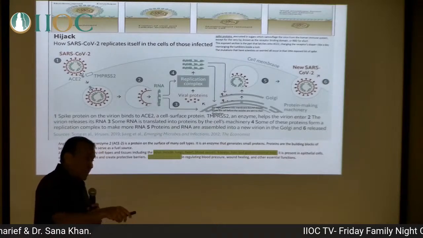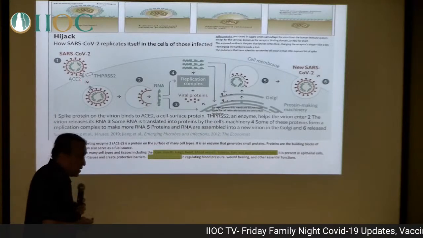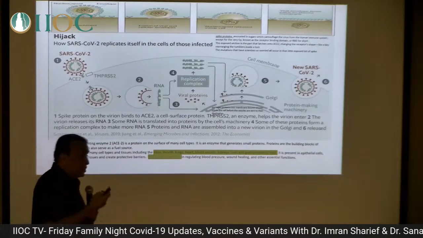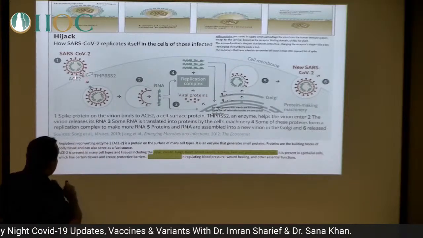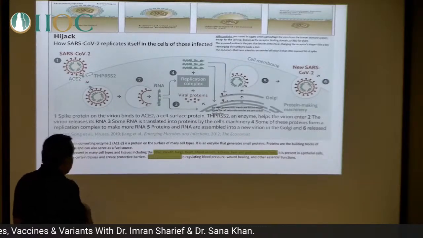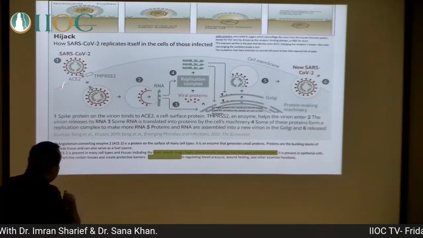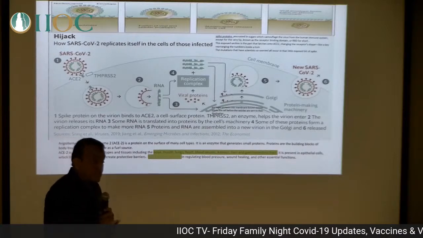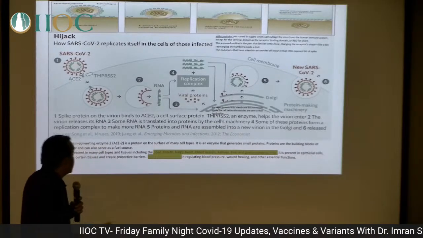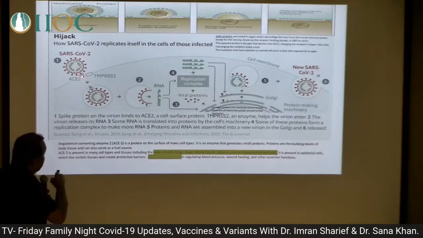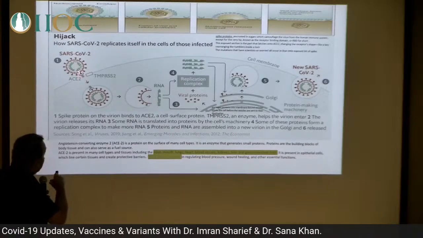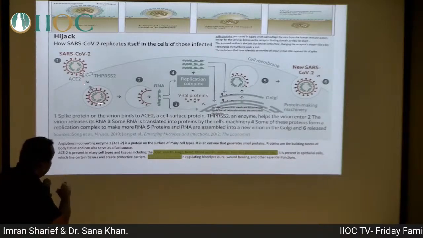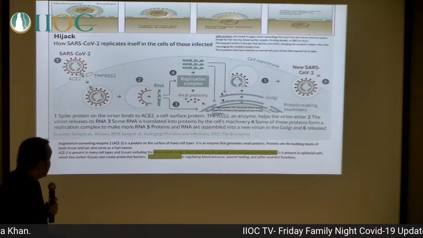This lock is very common in our body. It exists on many, many different types of tissues, whether it's in the nose, the mouth, lungs, heart, blood vessels, kidneys, liver, GI tract. They all have ACE2 receptors. And that is what makes COVID-19 that much more dangerous, because it can affect so many different aspects of the body. So what happens is, it says knock, knock, and the ACE2 receptor says, aha, your key fits, let me let you in. Then it gets access into the cell, because the ACE2 receptors recognize it.